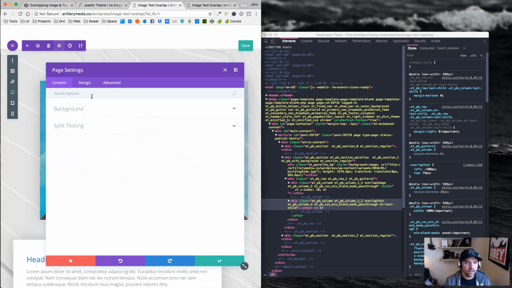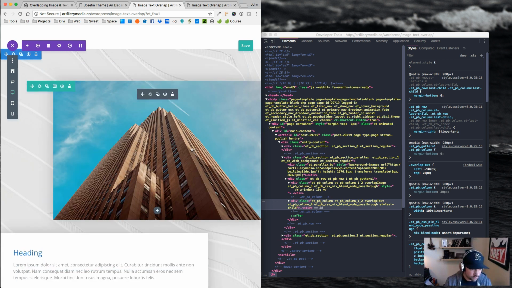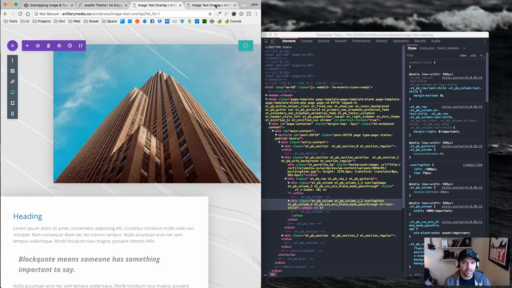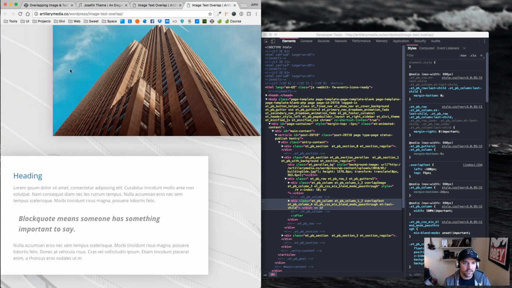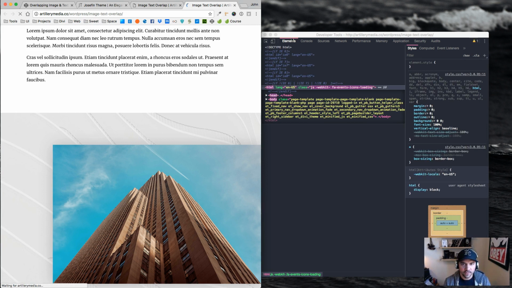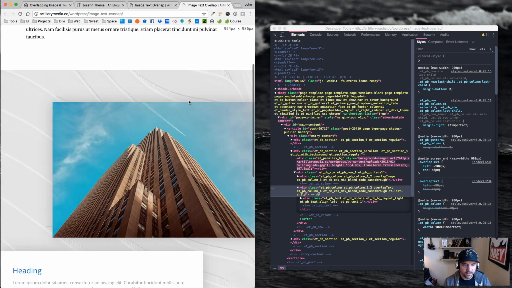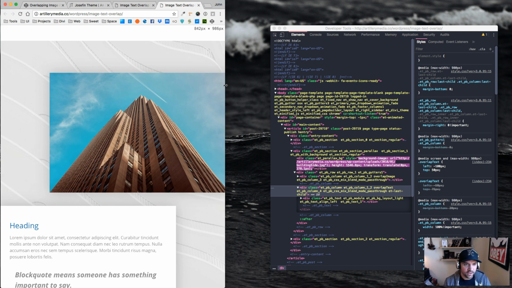Okay, let's give that a shot. So yeah, you can see what it does there, and you might have to play with your values for the negative margin there. I'm just doing this quick, and there's probably a little better way to do that. But then you can see here as I come in,